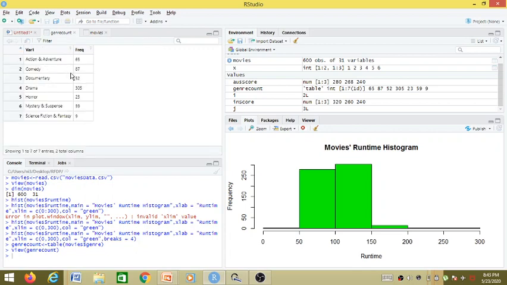So see why we have created a table out of a data frame, because not all the 600 rows in our data frame have a different value for genre. There exist only 7 genres of movies, and all the 600 movies in that movies data frame belong to one genre or another. Like we can see here, there are 65 movies belonging to action and adventure.